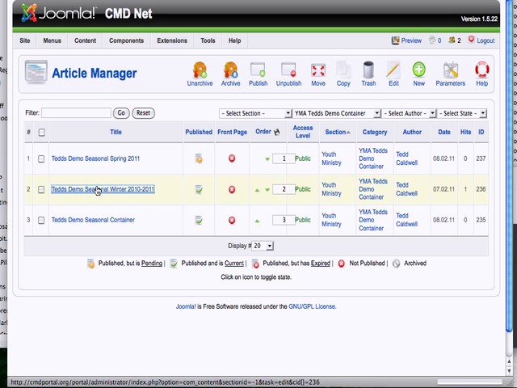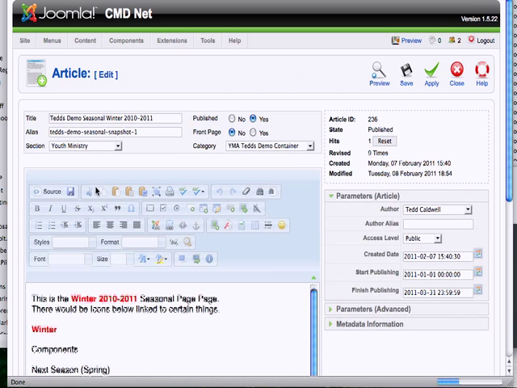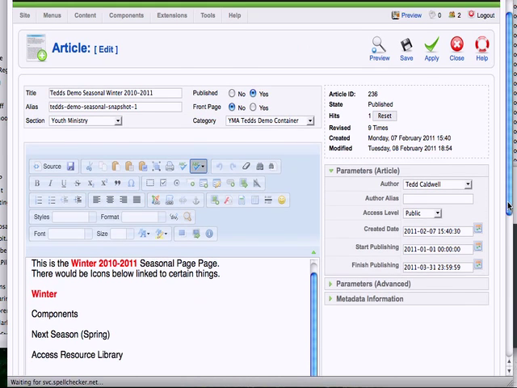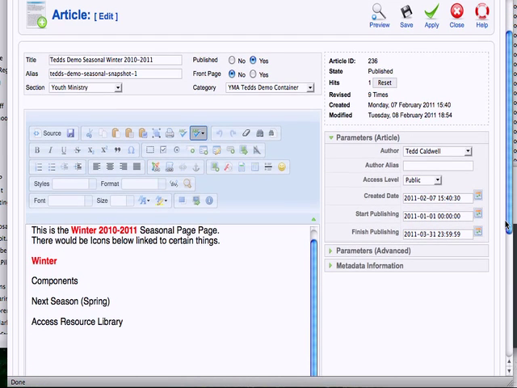Now, they're very simple pages like we saw earlier. They're just representing what a seasonal page would look like with links and icons to the components in the next season, that type of thing. But the key to the whole thing is over here in this area where I've got a start publishing date, and I'm not sure exactly what your dates are, but for winter I chose it would start publishing on the 1st of January at midnight, and then it would finish publishing on the 31st of March at 23:59:59 right here. Okay, and now